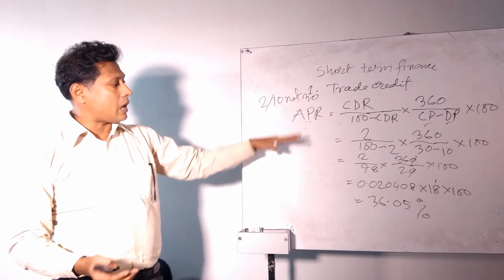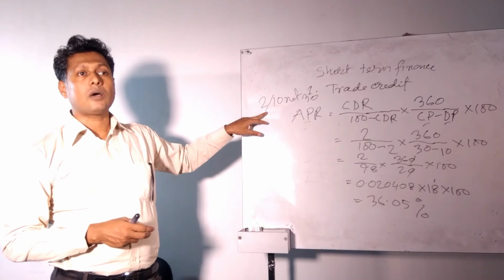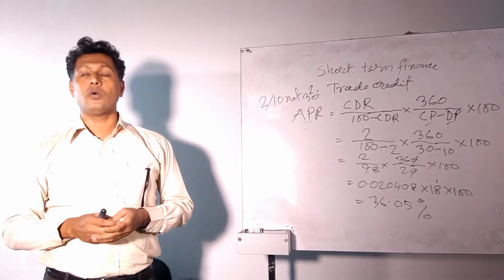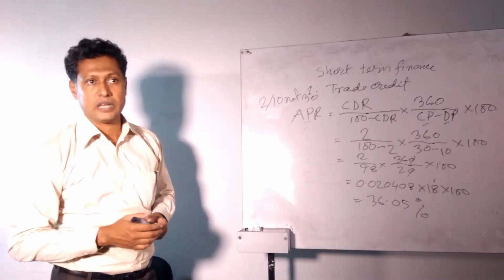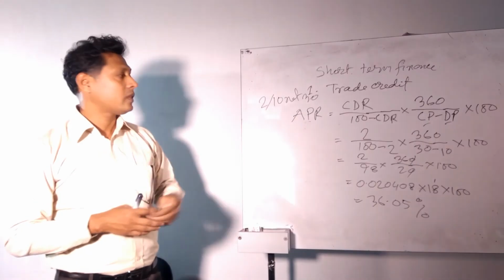So this type of problem will appear in your examination. The examiner or the question maker will give you this problem, only 2 by 10 net 30, and ask you to calculate the annual percentage rate. And these things can be written in a language format like